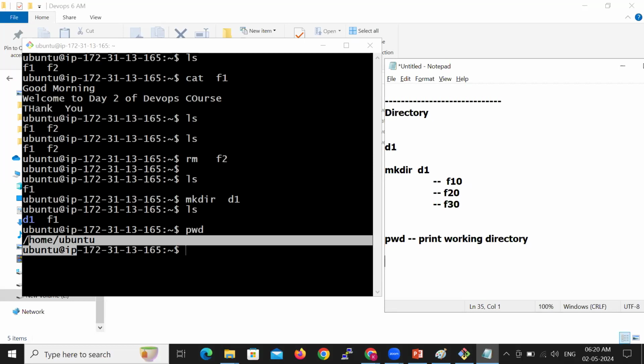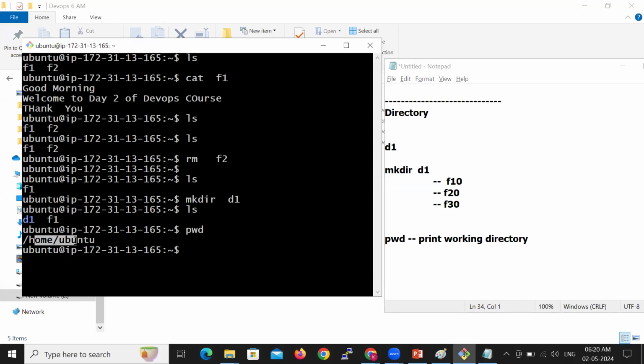It will show you the current path in which you are working. Now, do you want to create these files F10, F20, F30 in the current path /home/ubuntu? No. You want to create the files in